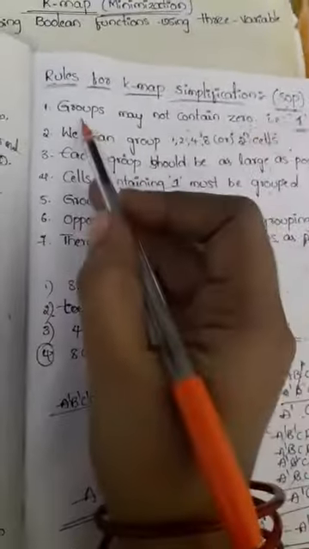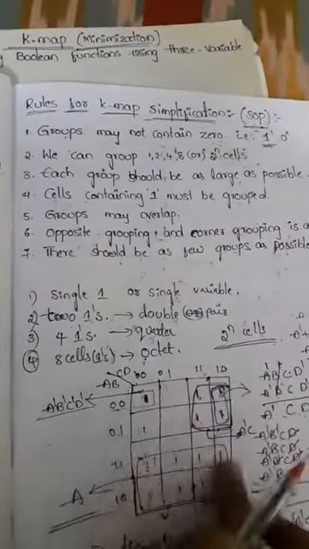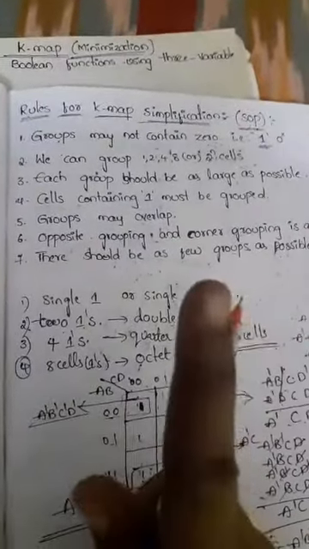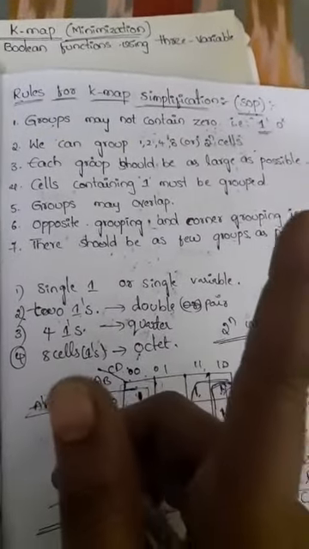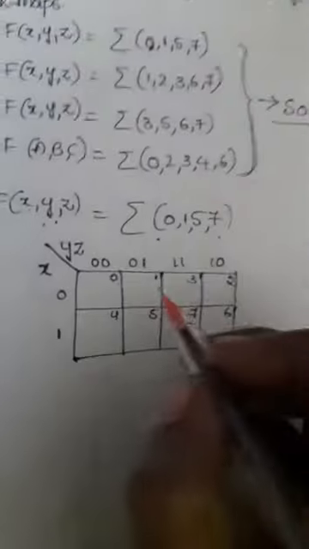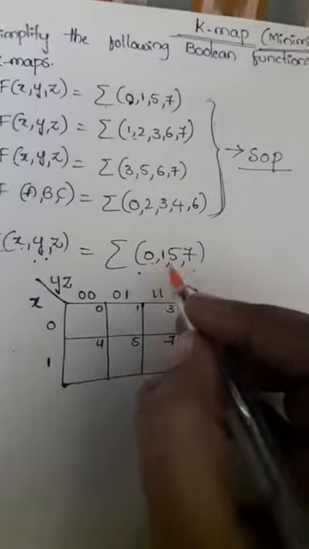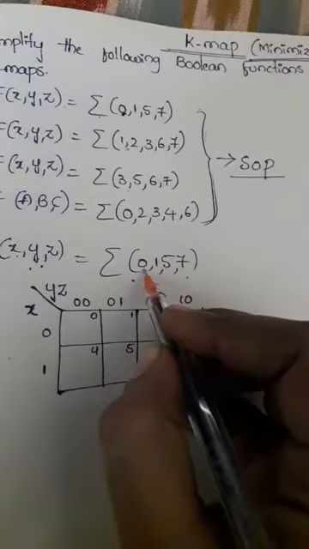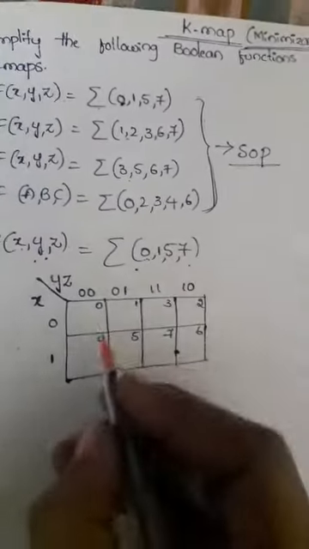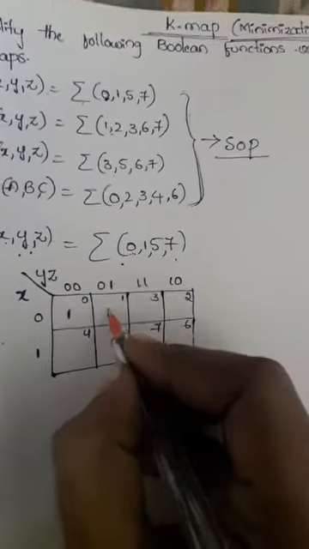Okay, so the first rule is that groups may not contain 0. That means each group's cells must be represented by 1 only. We have to mention that the cell is represented by only 1. Whatever cell is represented here must be represented by 1 only. Here they already mentioned which cells are highlighted: the 0 cell, so I represent it as 1, and the 1 cell also has 1,